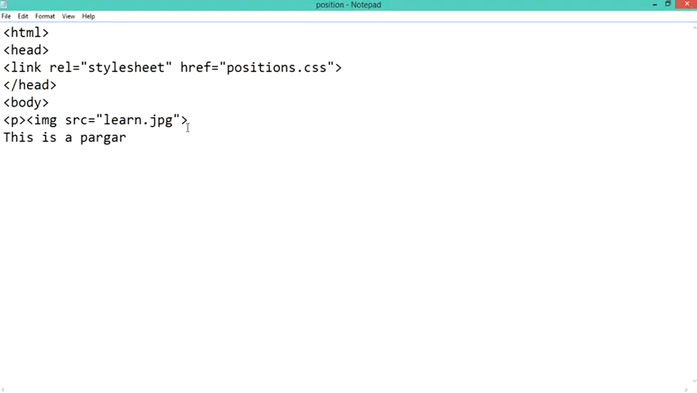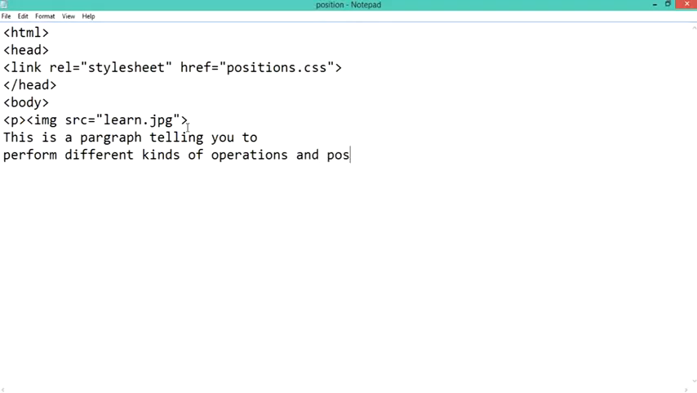I'm just writing the paragraph to tell you what kind of property we are going to learn over here. As I told you about the float property, whenever we're talking about the float property, how the position of that float property works, what basically a float property is, we are going to discuss that in this particular case. Based upon that, we are going to create this HTML document in which we have included an